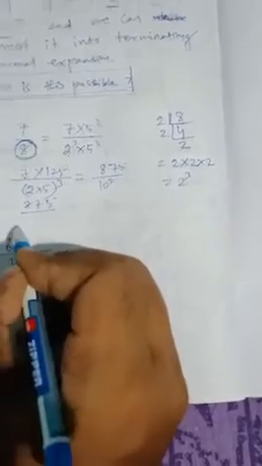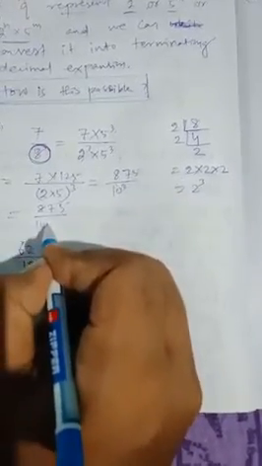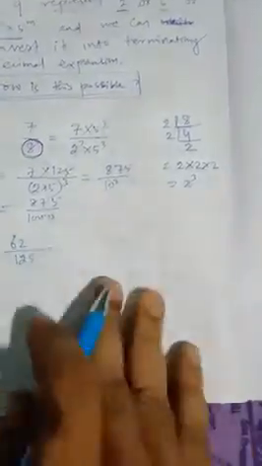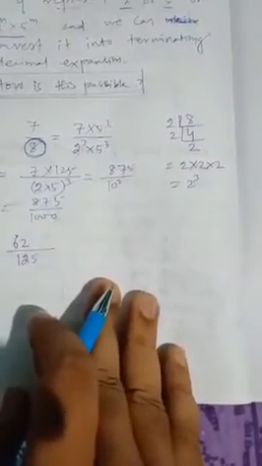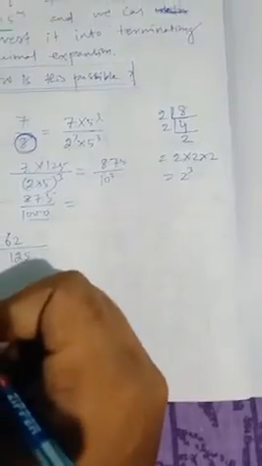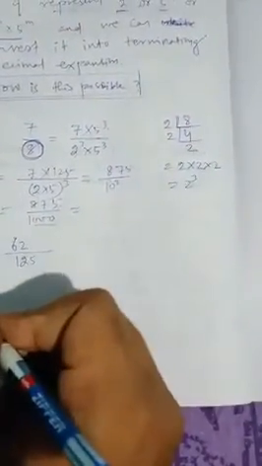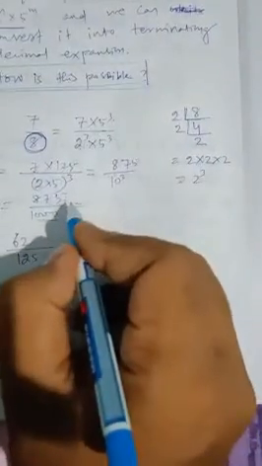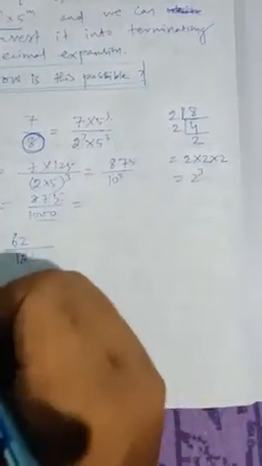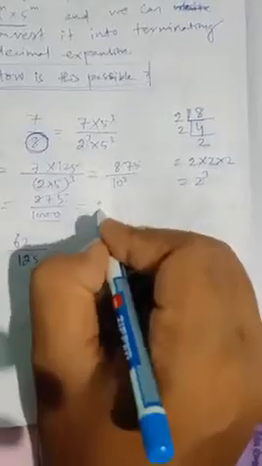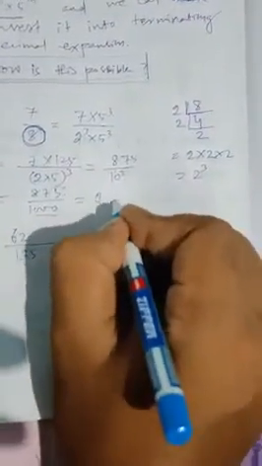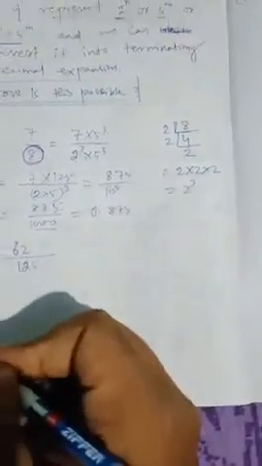875 divided by 10 cube, it means it will be 1000, 10 into 10 into 10. Here how many zeros are there? 3 zeros, and here the decimal point. Now we can place the decimal point left shifted to third place, so it will be 0.875. Right now, next come to the second example.